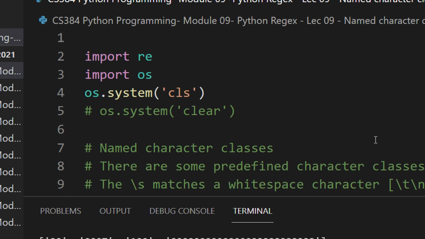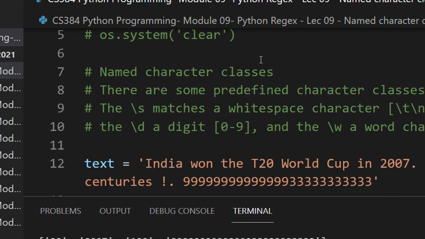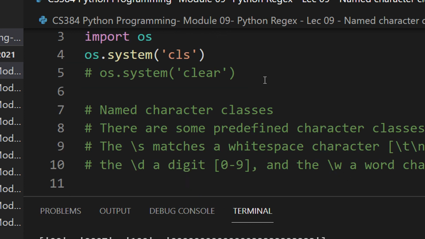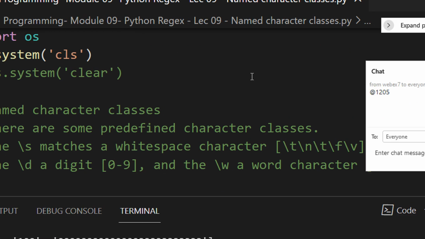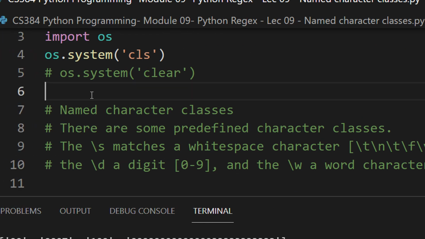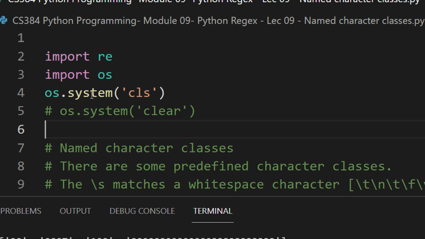Yesterday we saw a few basics of regular expression, the meta characters. Dot is anything. Question mark matches 0 or 1 character. Star matches 0 up to infinity. Today we will see more such character classes and other regular expressions which are very useful for matching patterns. So we directly begin with the code.